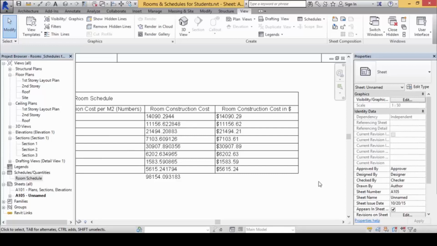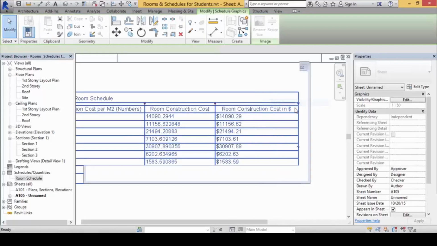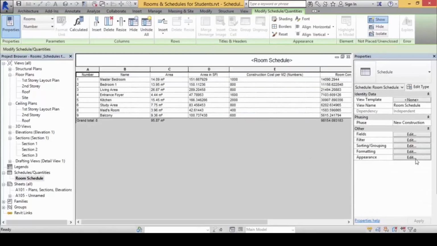It's in 4-digit precision, 14090.2944. So in order to convert that into usable values, it needs to be converted to a dollar sign or money sign. Therefore, we need to create another new column and change things. Let me show you how this is done. Let me get rid of this and show you again.